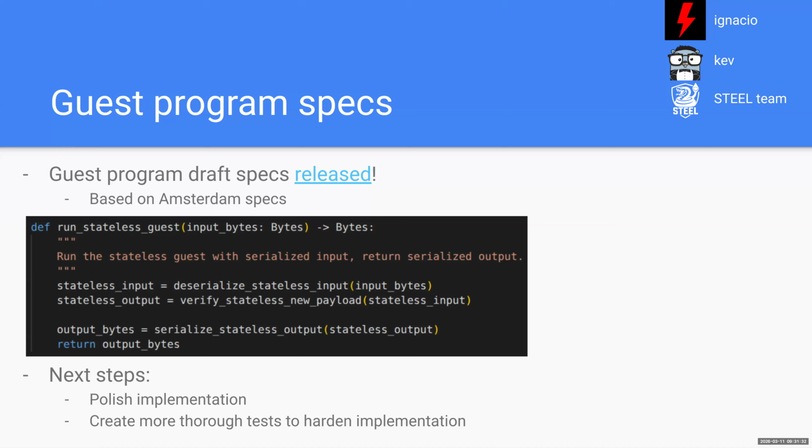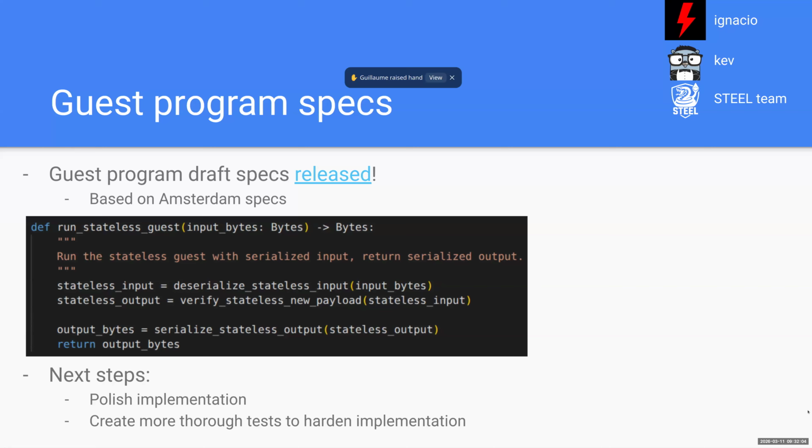We found this is a neutral choice of encoding for guest programs, but we also know that currently ELs don't have a formal need for an SSZ library. So as a first step, at least just trying out SSZ deserialization with whatever library you might be planning to use in the EL might be a good first step. So yeah, that's everything for project number 2. I don't know if there's any question.